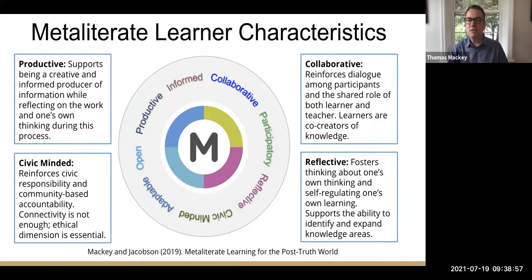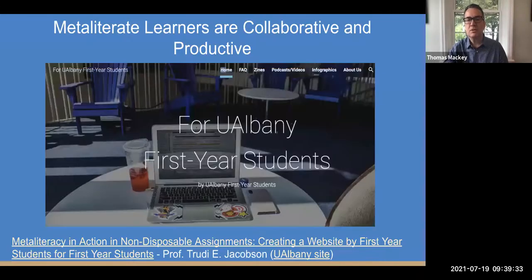So it's one thing to be informed and collaborative and participatory, but what are your responsibilities as a learner in these kinds of social environments is really important. And Trudi and I, we've developed the theory, we've developed these tools for educators to work with students. And this is very much a scholarship of pedagogy, an approach, so that really it is these kinds of experiences that we're studying as part of our research, and how students respond to these tools and these concepts. Trudi, as part of that, you can talk about one of the projects that you've been working on